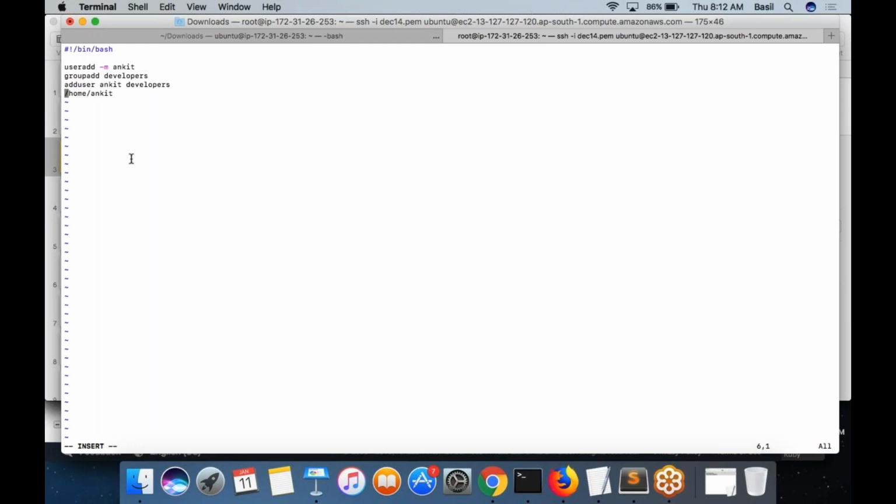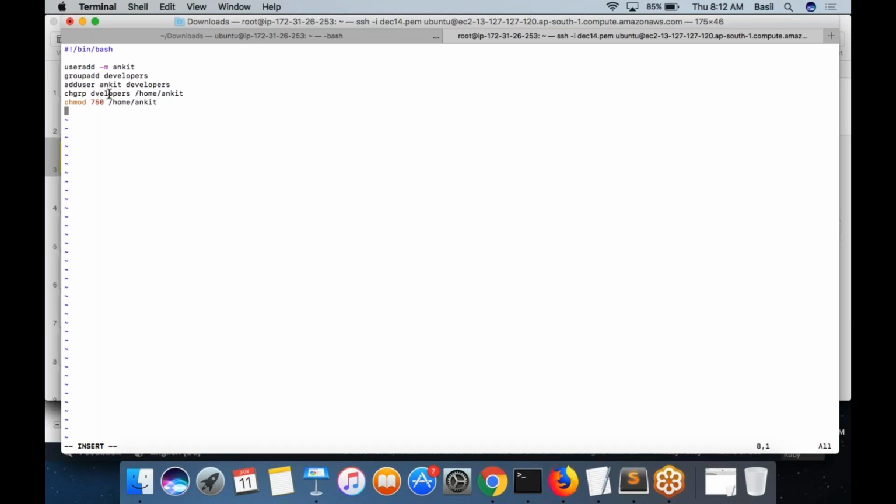Let's say I'm going to run the chgrp command. I want a different group to own it, maybe developers itself. I already created a group called developers. I want developers to be the group of /home/Ankit, changing the default settings from group Ankit to developers. Basically, I want to do a series of actions, whatever it is. And then I want to set permission 750. I want other people not to be able to do anything on this folder.